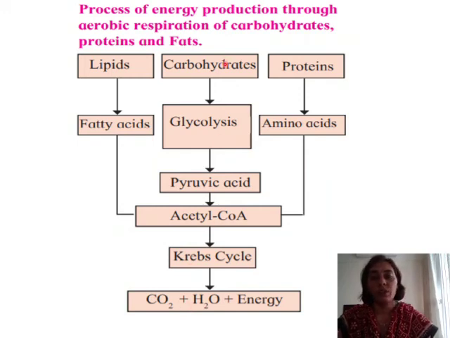If it is carbohydrates which are getting oxidized, the glucose molecule, the first step we have studied, glycolysis, then it gets converted into pyruvic acid. This pyruvic acid gets oxidized to acetyl-CoA, then it enters the Krebs cycle, and finally we get the energy in the last step. Similarly, proteins are broken down to amino acids. They are going to be directly converted into acetyl coenzyme A, and then it enters the Krebs cycle and the energy is released. So this is the diagrammatic representation, or what we call a flow chart,